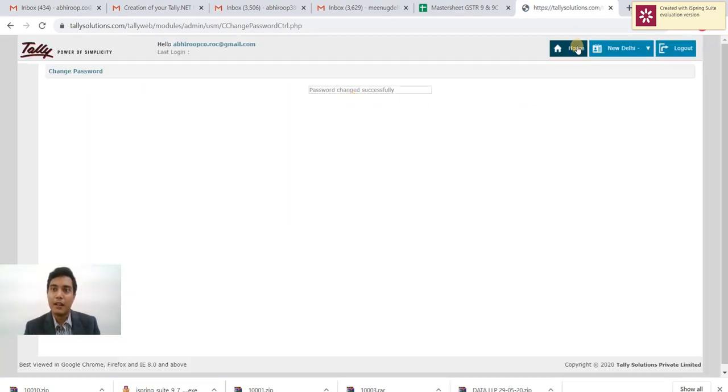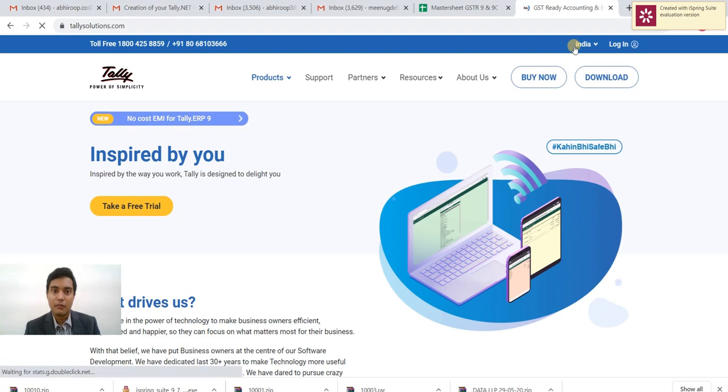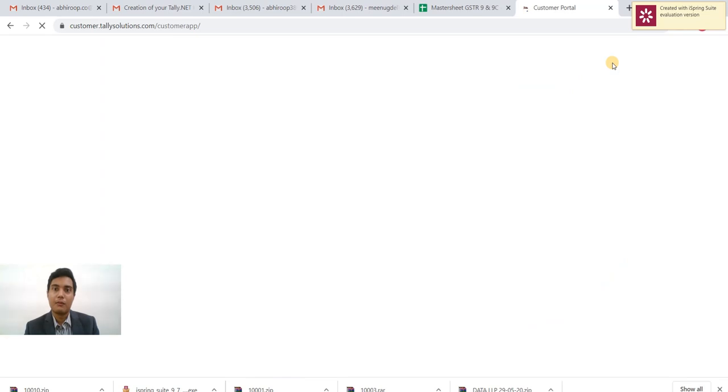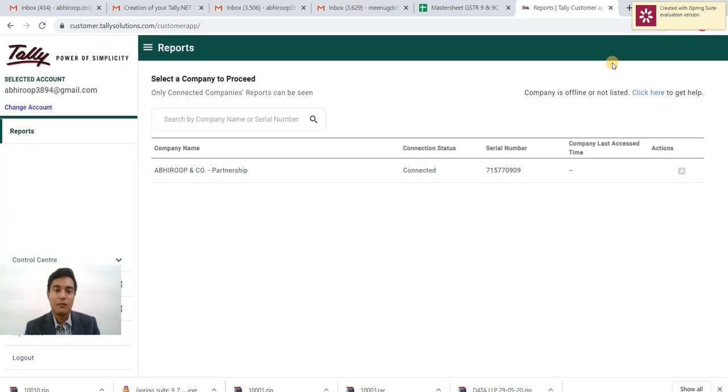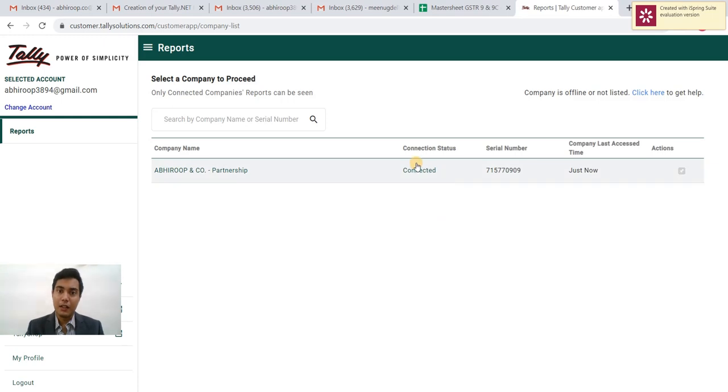Now I want to view my data. So I go on home. I go to my accounts. Now you can see in my account, since the server had allotted me the rights to view this particular data, Abhiroop and Company partnership, it is now showing the connection status as connected. So on clicking this particular tab, you can access various reports of the data which you want to access. Now I will be focusing more on how the data can be accessed from the installed version of Tally